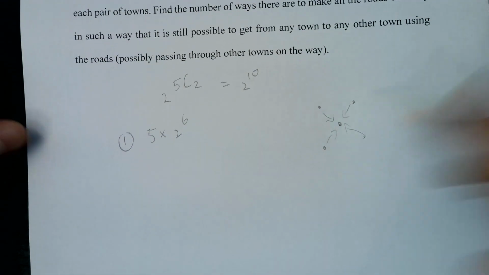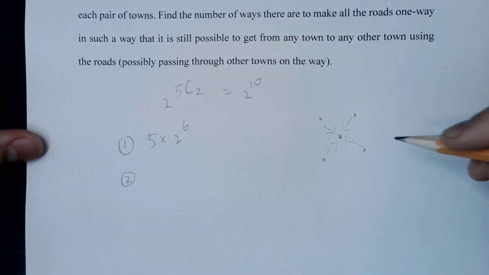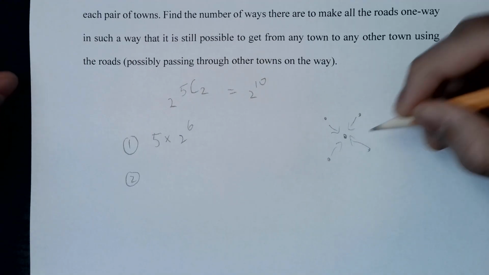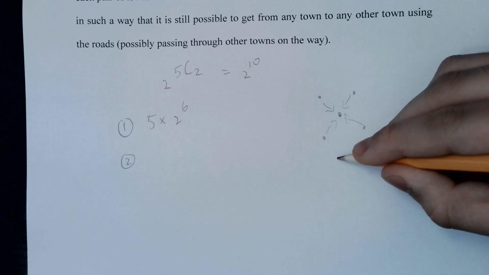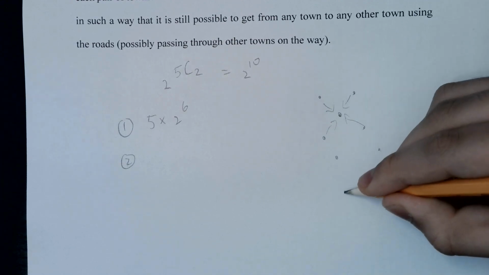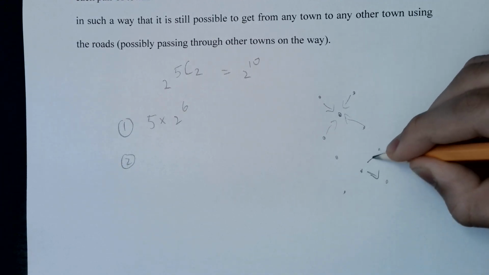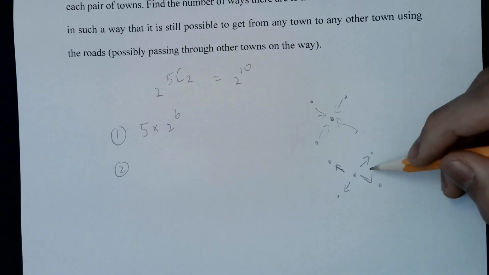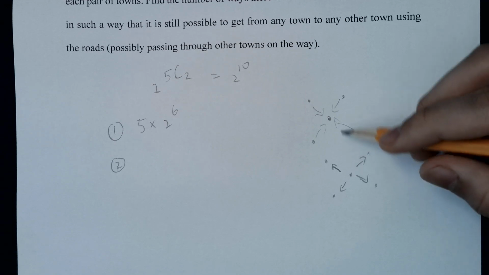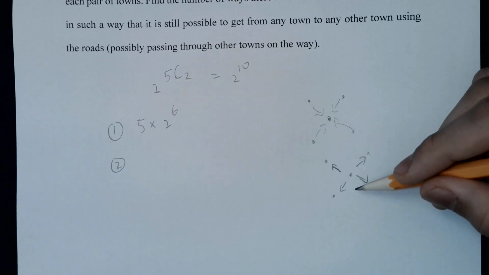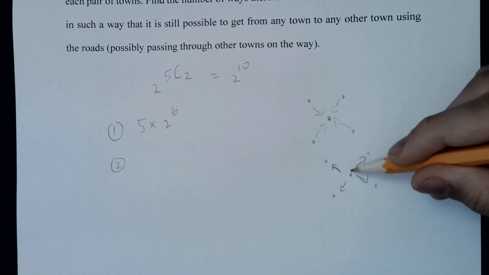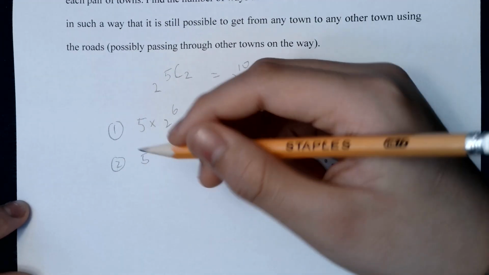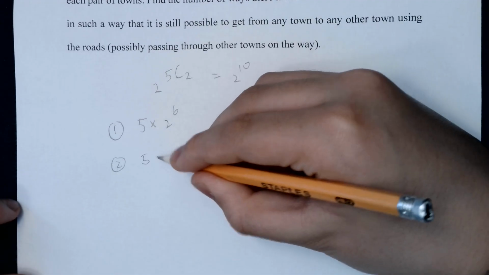Now, our second case is the exact opposite of this one, where instead of all the roads leading into this one point, all the roads lead out of this point, like so. So instead of being like this, it's going to be reversed, like so. Now, obviously, I haven't drawn the rest of the roads for this because that would take way too long. But for simplicity's sake, you can see here that, similarly to this one, there's going to be one town, and all 4 of its roads are going to be leading out. Now, in this case, it's going to be similar to this one. There are 5 ways to pick the town, and for the other 6 roads, there are 2 to the power of 6